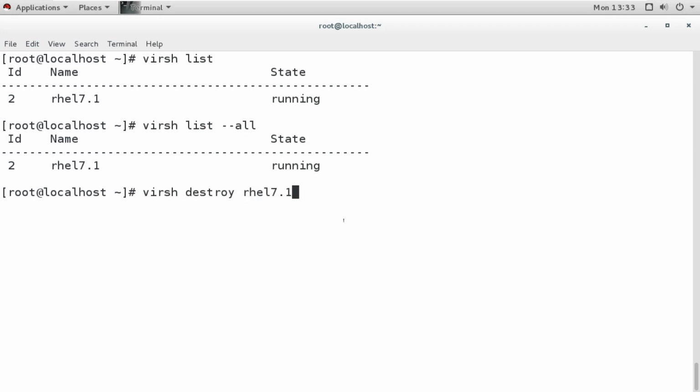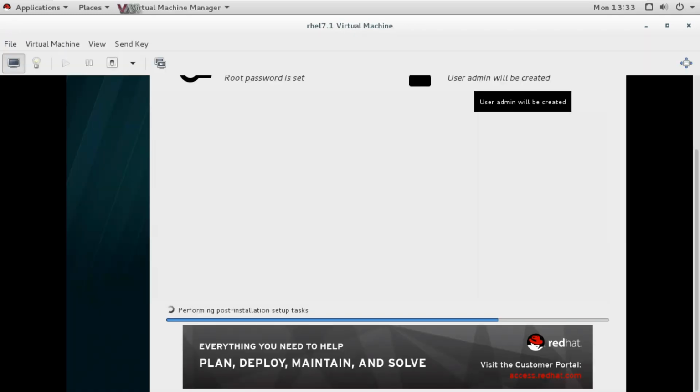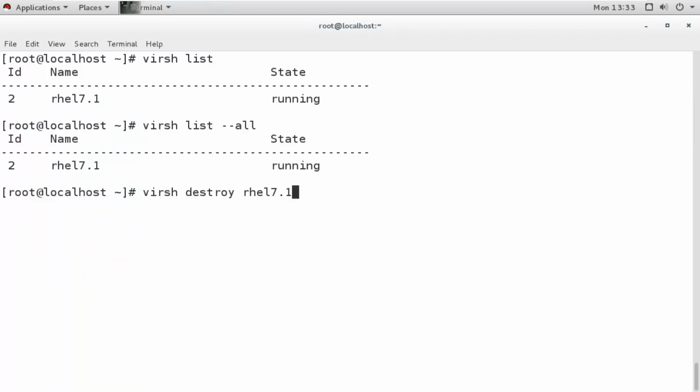Now I'm not going to destroy this because it is still installing. And if you want to start it again, then we can give the command virsh start RHEL 7.1, the name of that virtual machine.